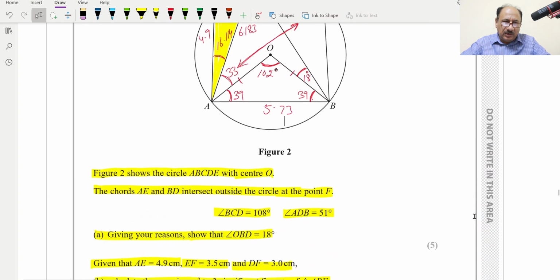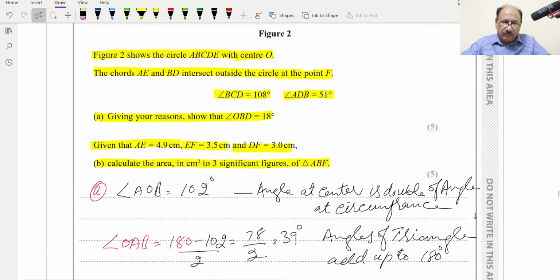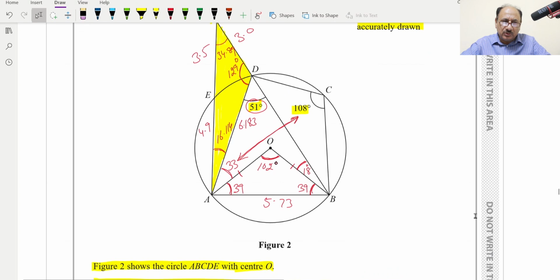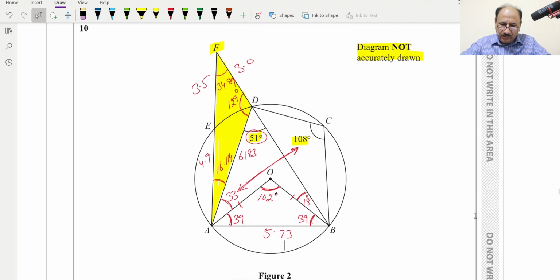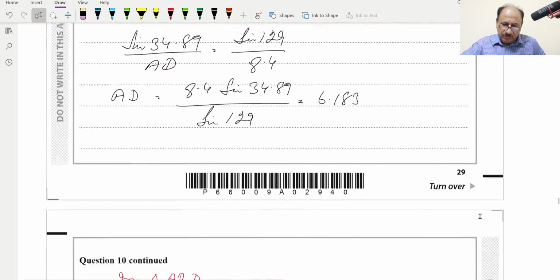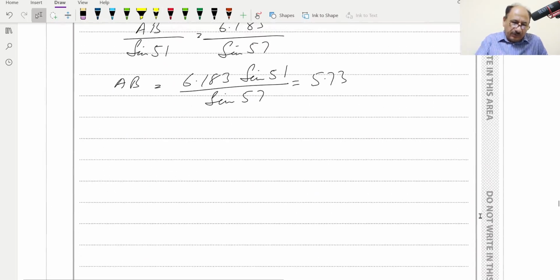We can use the sine rule for separate triangles: in ADB we can apply the sine rule, and AFD separately. Or we can even do it jointly and find the area directly, but I will be finding